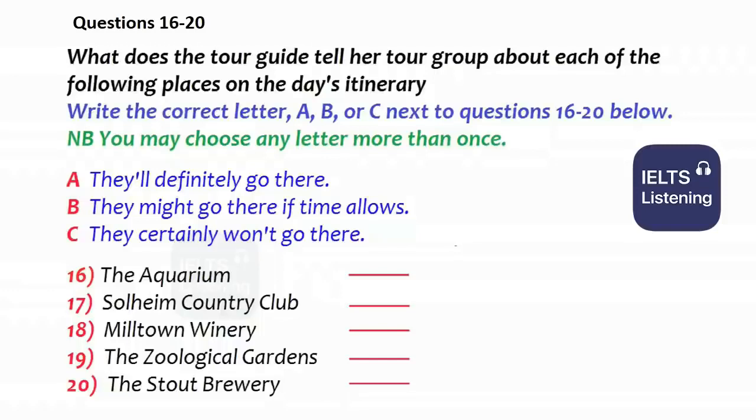Otherwise, we'd never get to the zoological gardens before closing time. We have pre-booked the gardens and must be there by 2:30, so no dilly-dallying please after lunch. Straight back onto the bus. The gardens close at 3:30, so we've an hour there, which should give us ample time to look around. Time allowing, we'll stop off at the famous Stout Brewery after that, if traffic isn't too heavy, and we're in